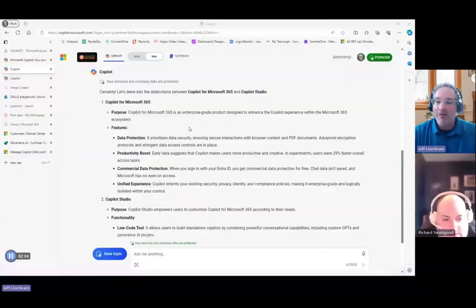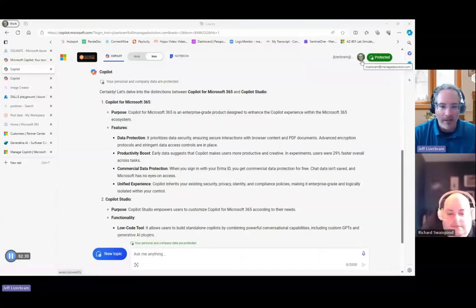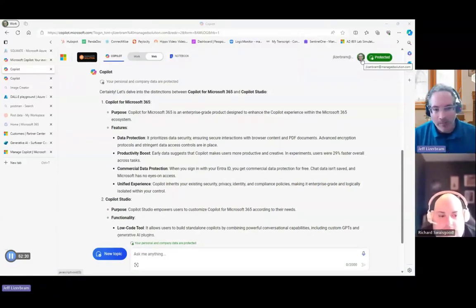Sure. So now that we've talked about some of the Copilot secrets, and we've actually asked Copilot some of its secrets, I'm looking in this upper right, and it shows protected. I'm signed in with my corporate account, right? So I feel good that my data is protected. It's not going to be shared out to have Copilot or generative AI learn on my data,